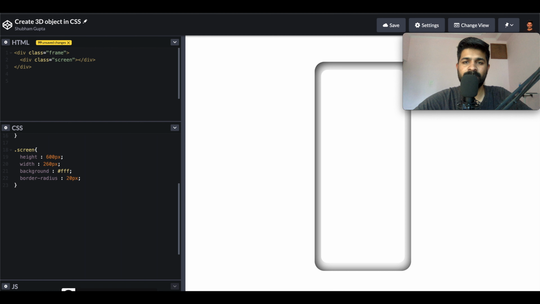And let's suppose you want to create a ball, I mean a sphere of course.